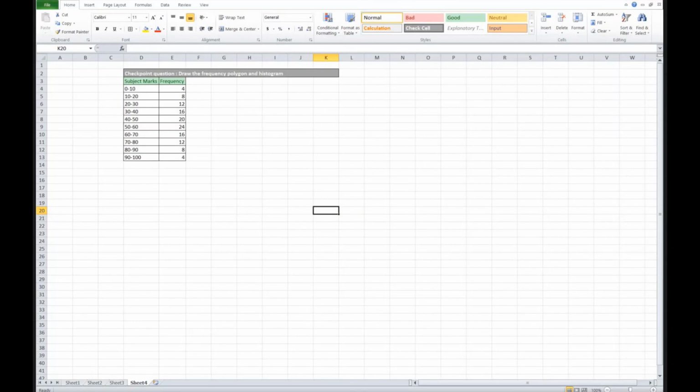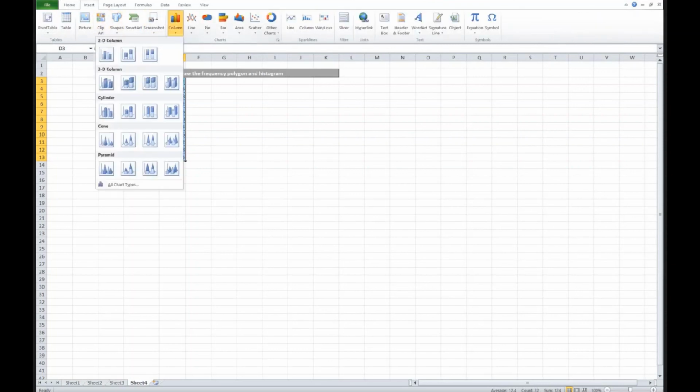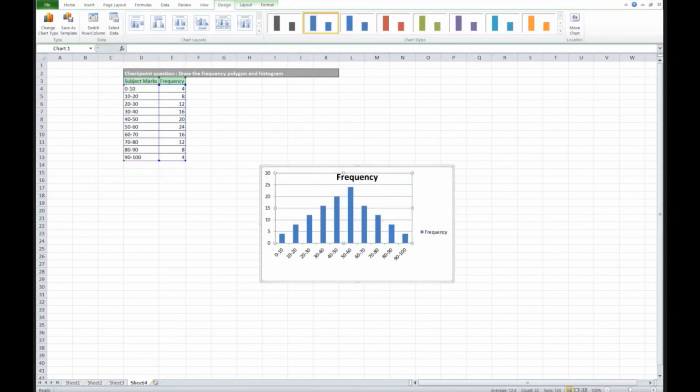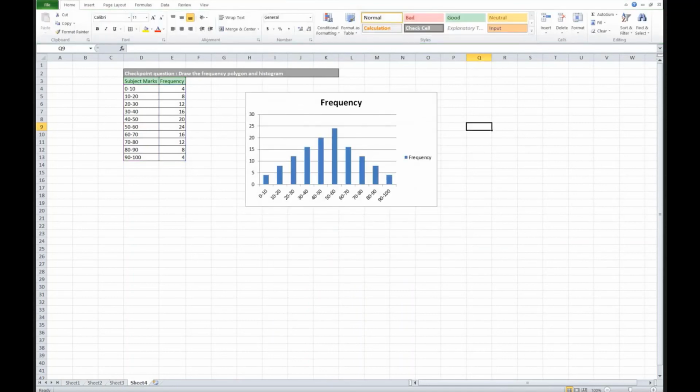At this moment, I would also like to end this video by showing you how to do this in Excel. Excel has a feature wherein you can insert a histogram automatically. So you can select this. This is your histogram. So there you go. You have the histogram of this frequency distribution,